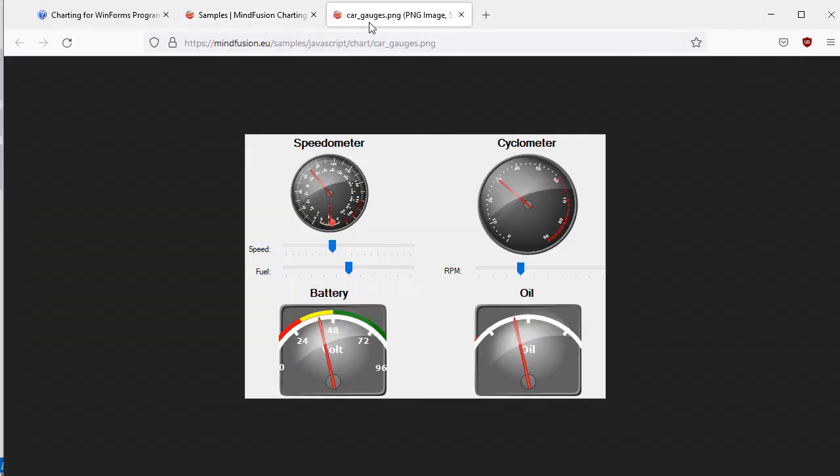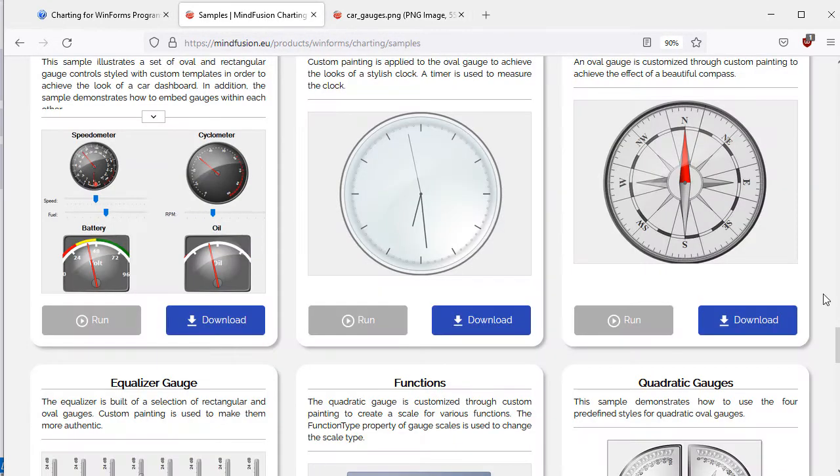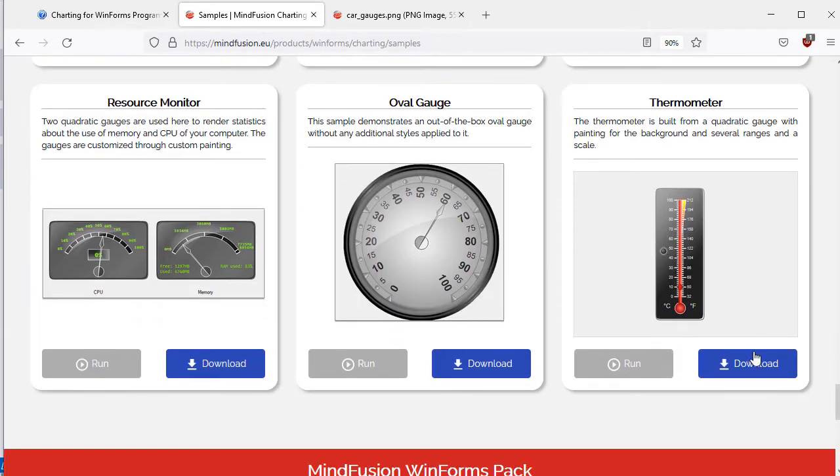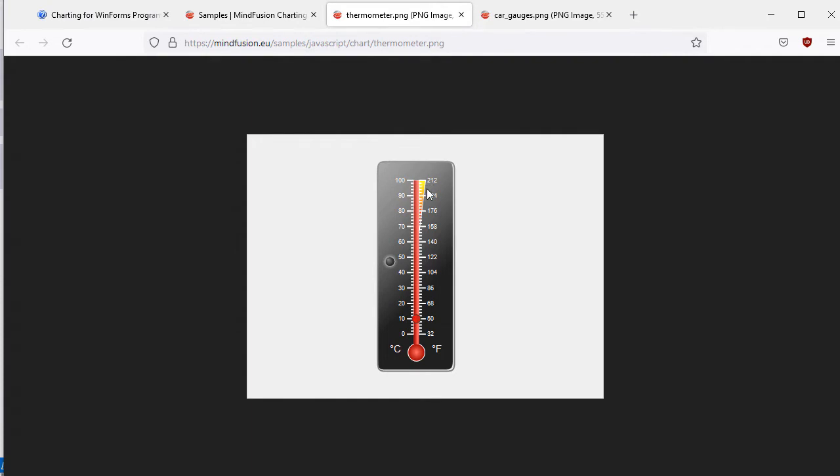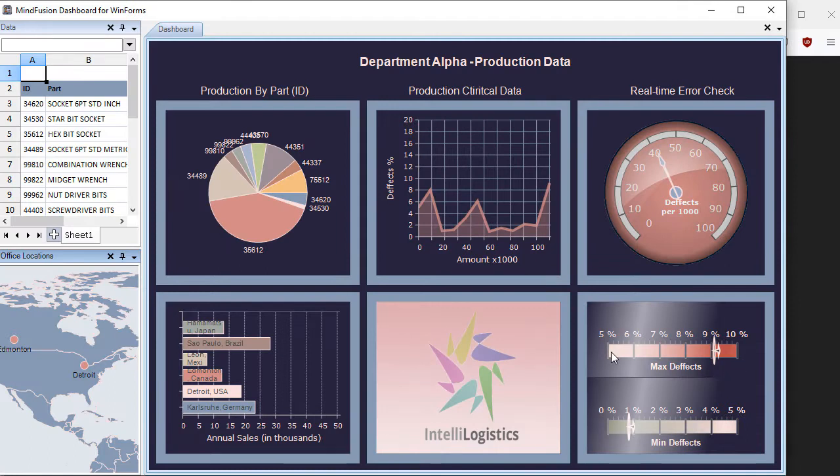Here we have a range that spans over the entire gauge scale. In the thermometer gauge, we have a triangular yellow range rendered only at the top. We will add a range over our gauge to indicate the increase in production defects.